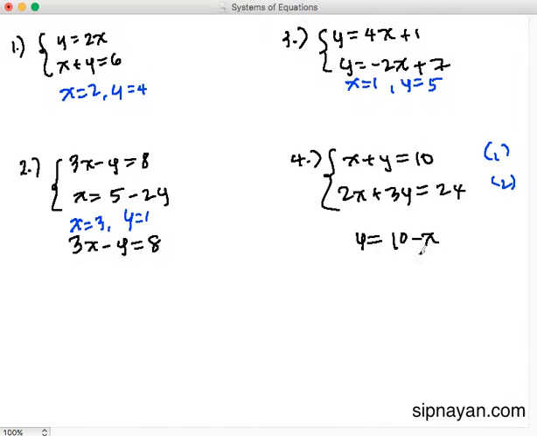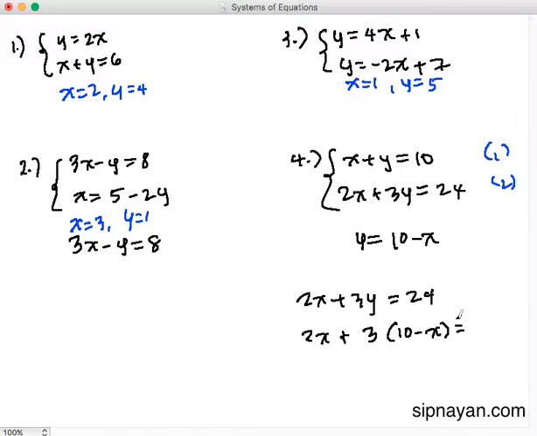Substituting the equivalent expression of y in equation 2, we have 2x plus 3y equals 24, that's the original. And then 2x plus 3, and our y is 10 minus x, times quantity 10 minus x,